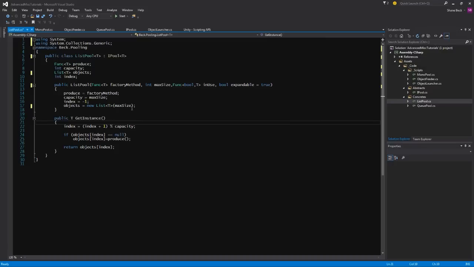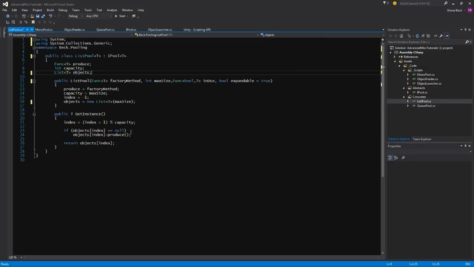And after this, we need to make sure that rather than just incrementing an index, we check each element to see if it's in use, and if all the elements are in use and we're not completely through the pool, then we will create a new one. So let's see here. The first thing we need is a count of the current instances in the pool. Var count equals objects.Count. And then for each var item in objects,